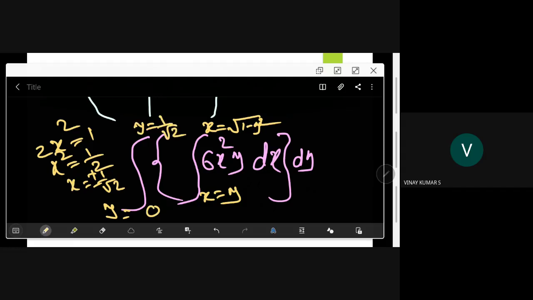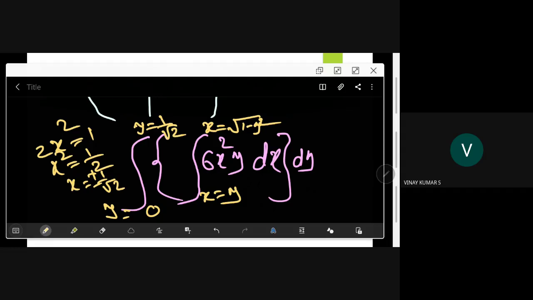Usually they will use simple things only. I am just showing this one. They don't ask you to evaluate. They will ask you to change the integration and see how the things may appear. Right. So, this side, is it clear now? First with respect to x, then followed by y. Is it clear now? Yes, sir, it's clear.